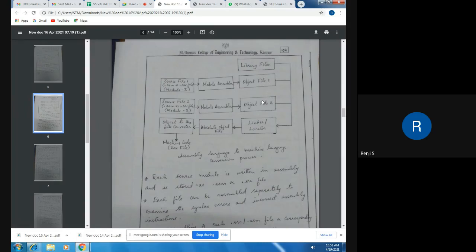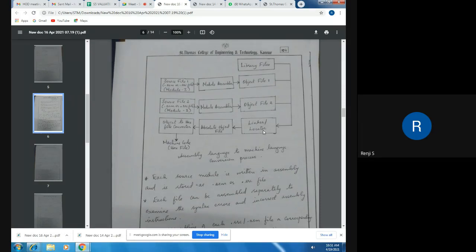Also, these are two separate modules of a single source program, and they should be linked together. They should be given addresses in the code memory, and that is done by the locator. So the linker links the necessary library files to these object files, and the locator gives them permanent addresses.